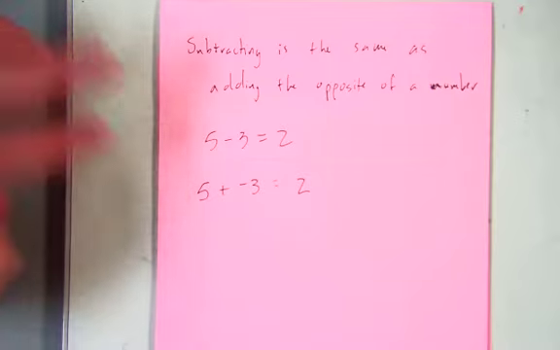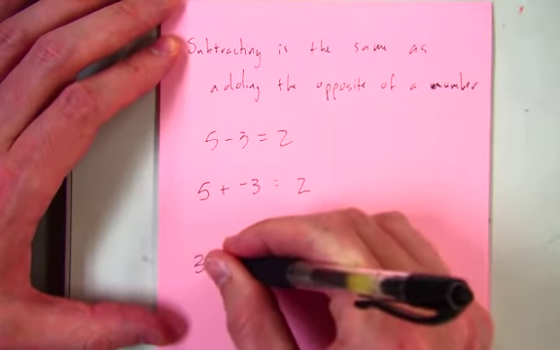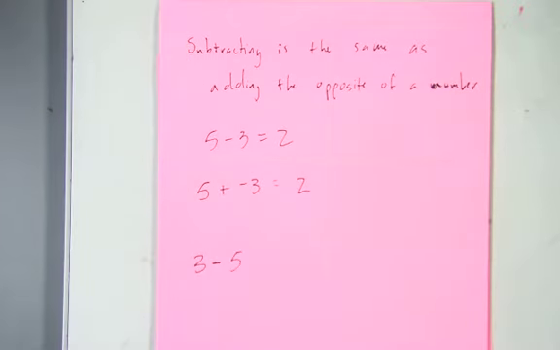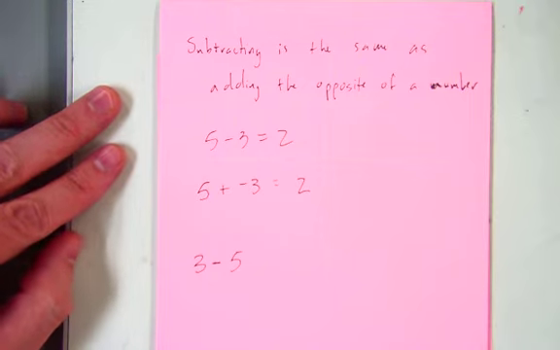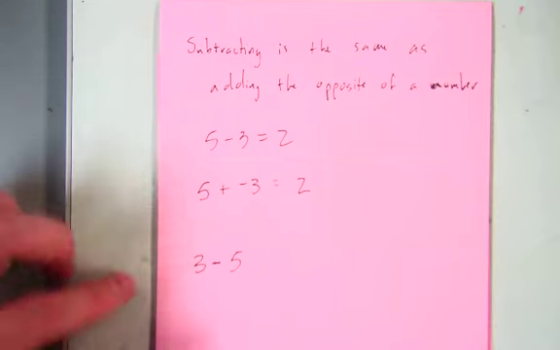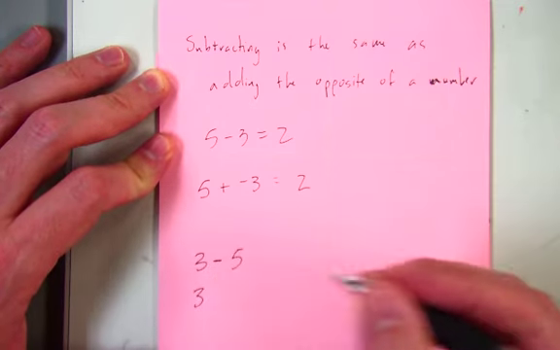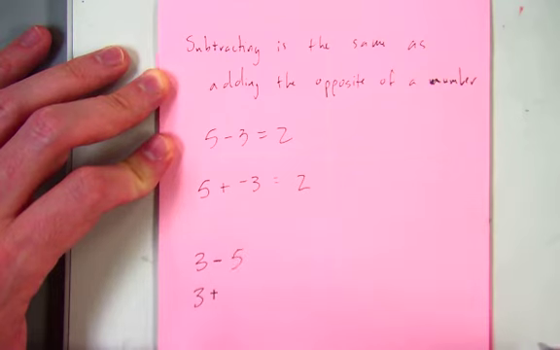So it's kind of silly for this problem, but if I change the order here to 3 minus 5, that's not quite so simple for most people, right? We haven't done that our whole lives. So this is where this process is going to be useful to us. Subtracting is the same as adding the opposite, is what this says. So that's what we're going to do. We're going to leave that first number the same. We're going to change the subtraction to an addition. Okay? And then we're going to replace that second number